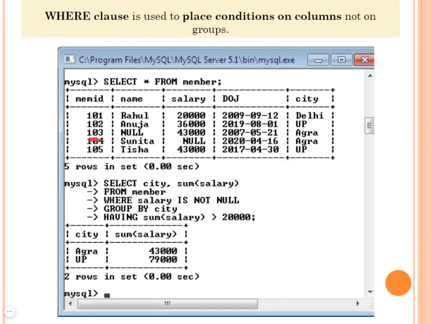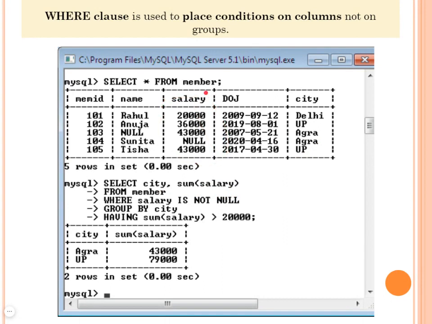So this row is totally excluded. The Sunita row, meaning the member ID 104, is totally excluded from the count because we have used WHERE salary IS NOT NULL. Only 4 records are to be taken into account.